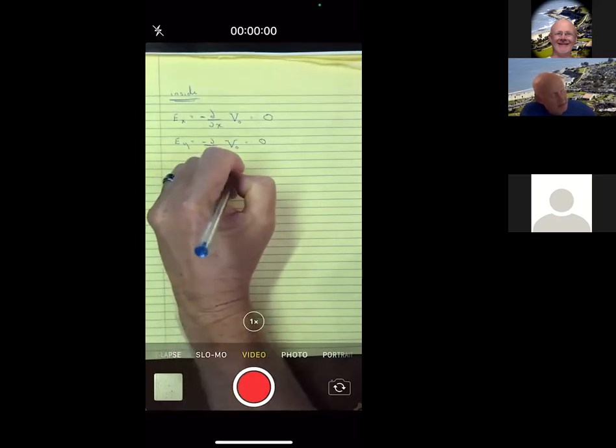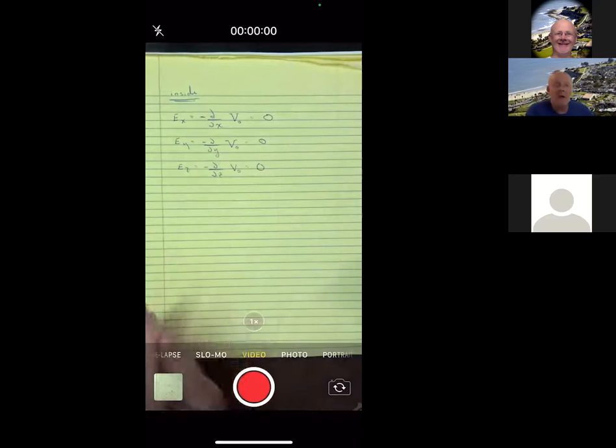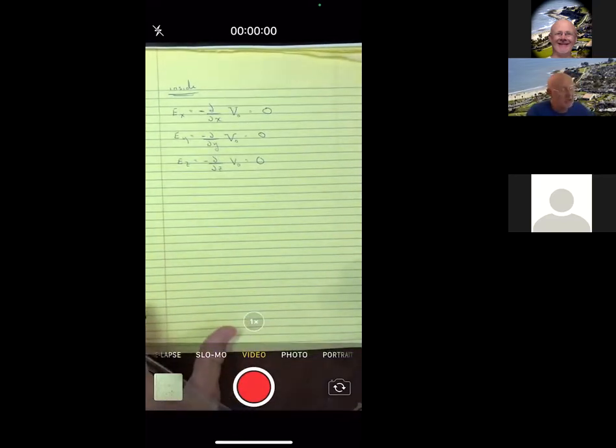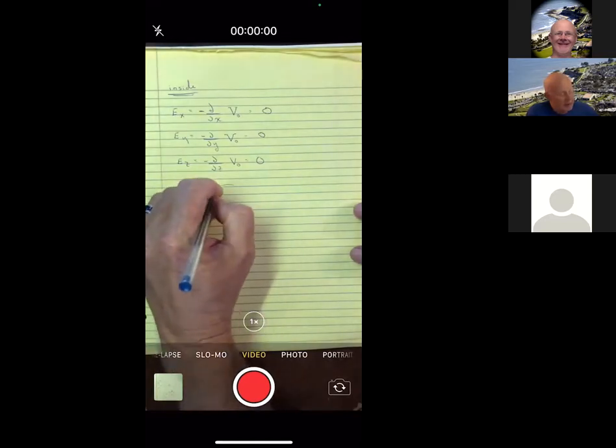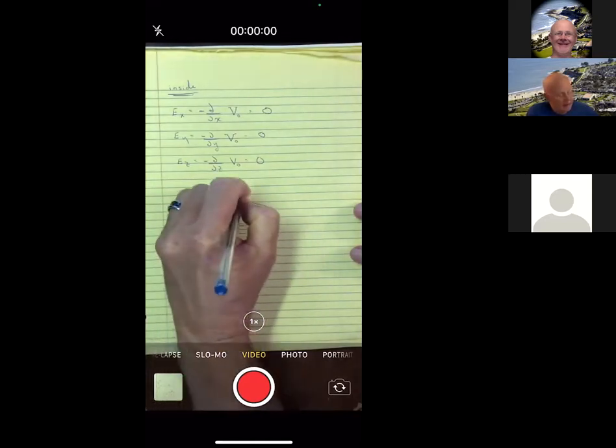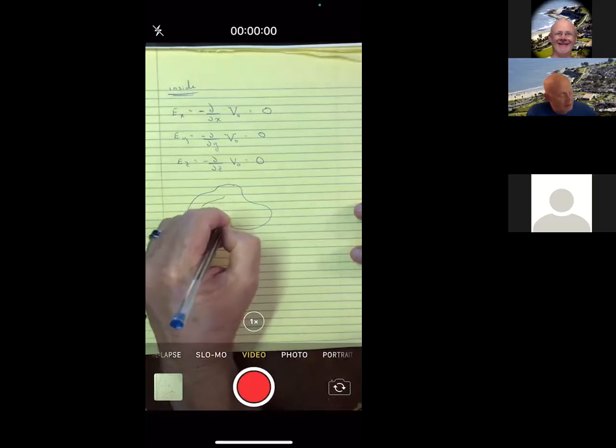So maybe that was so obvious we didn't have to write out the math, but I thought I would nonetheless. So if you're talking about inside the sphere, there is no electric field. The x component is 0, the y component is 0, and the z component is 0. In fact, we already knew that. That's what we did with Coulomb's law. We said that if you had a conductor, and even if you hollowed out the conductor,